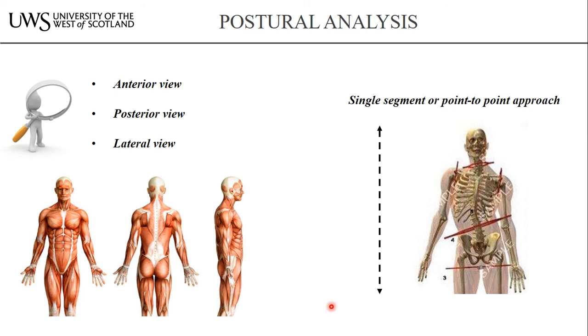Again, two of the most common non-functional patterns or postural deficiencies, which could be easily identified by observing someone from the side, are hyperlordosis or hyperkyphosis in the lower and upper back respectively,